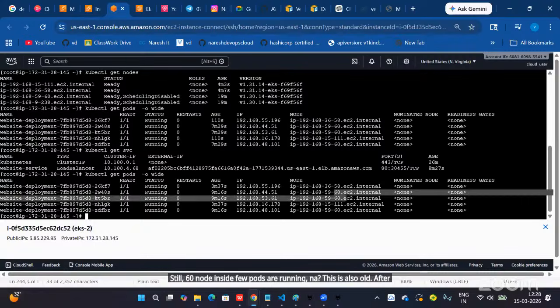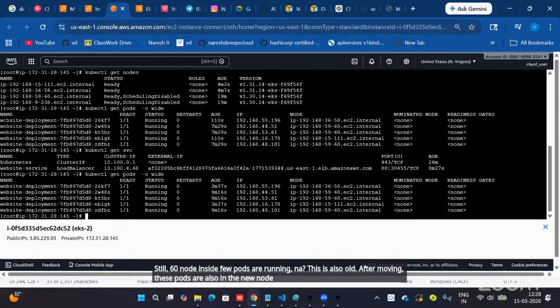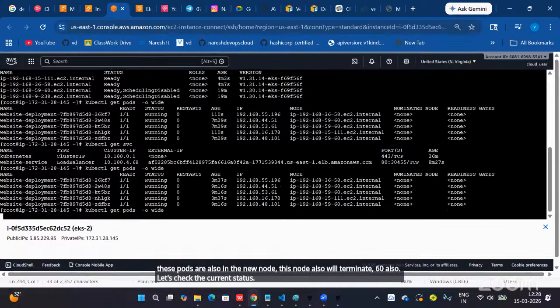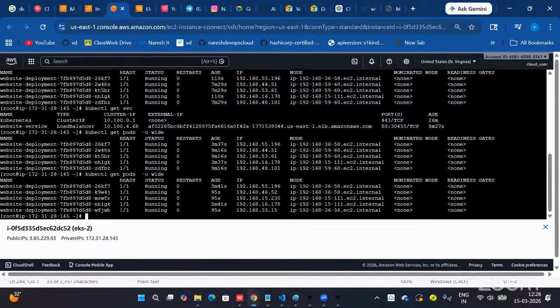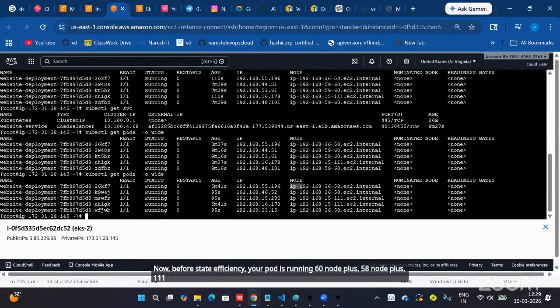After moving these pods into the new node, this 60 node will also terminate. Let's check the current status. Now, if you see here, pods are completely moved into new nodes, 58 and 111. Before, your pods were running on the 60 node, 58 node, and 111 also. Now they have completely moved to the new nodes, 58 and 111.